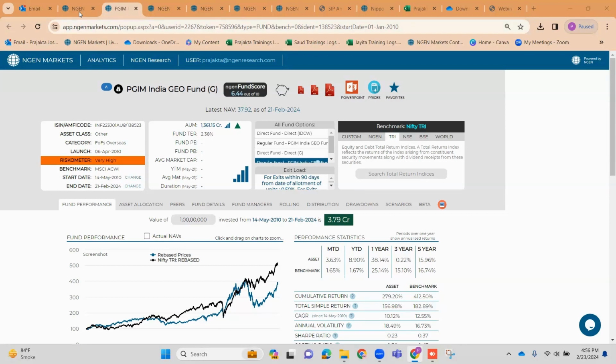That's my feedback, because there are multiple benchmarks, and as a user of the software, this is what we by default would expect. I asked my team to do the review, and when I saw the funds, I could immediately realize that there is some gap. When I opened it, I could see that the benchmark is taken wrongly here. So you can understand that at least every time, even when there are multiple funds in this category itself,